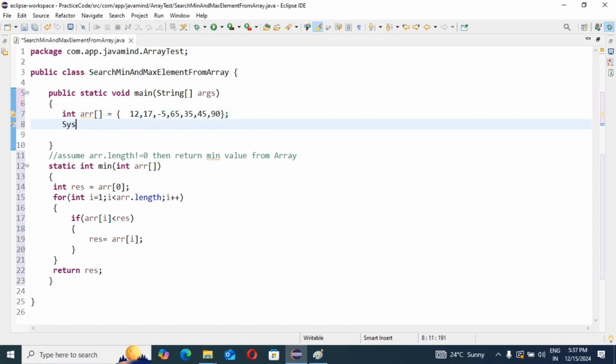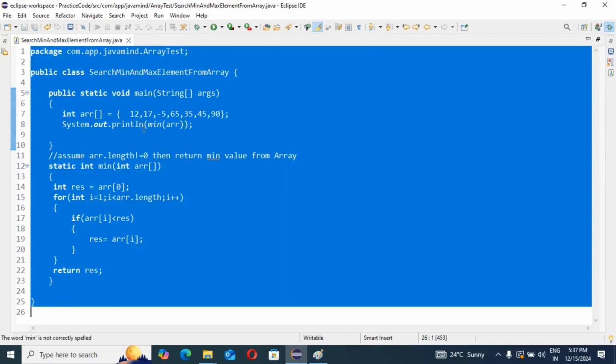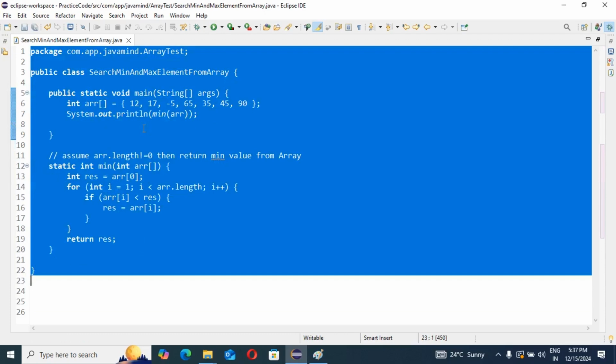In the sysout, I am going to call our min method, and we can pass our input array. Then we run the application and see whether the result is coming as expected or not.